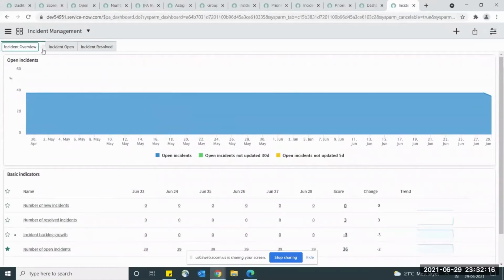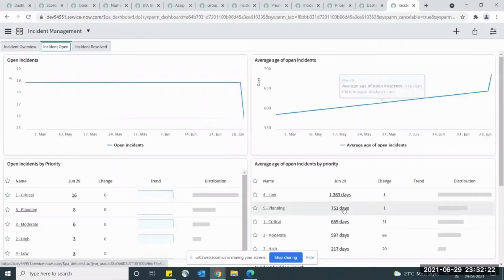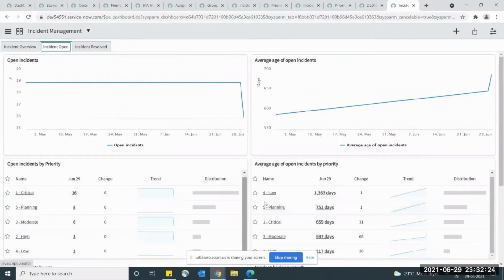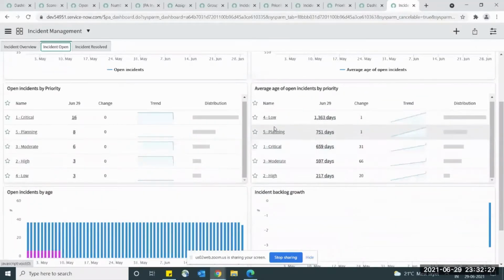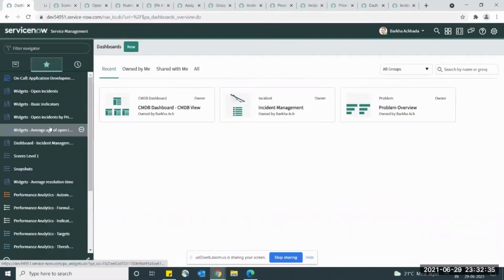I'll explain how to add this indicator in the dashboards, in the widgets. But first, I want to show how the formula indicator works. Average age of